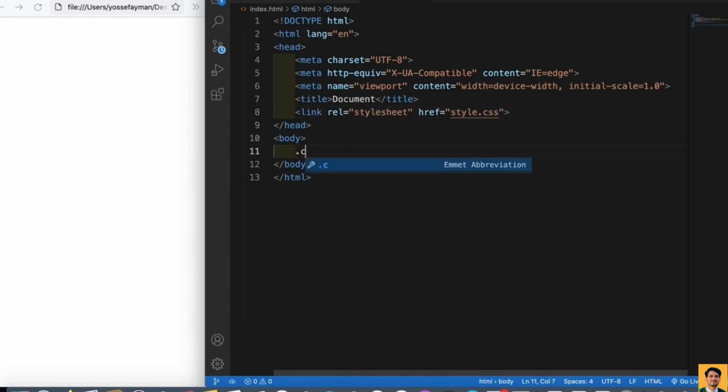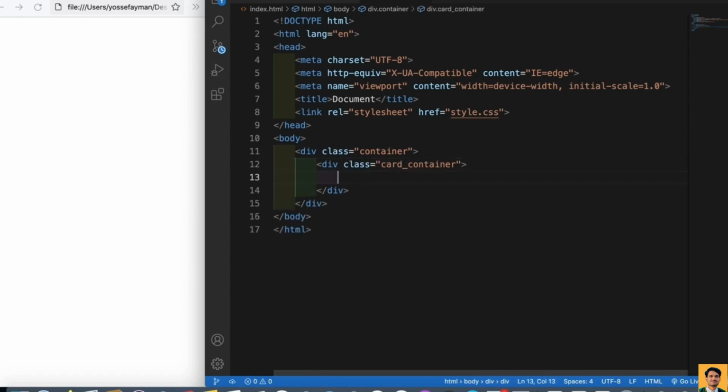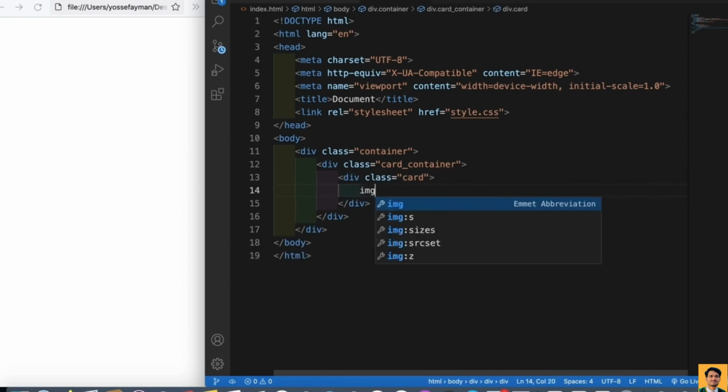And right here we will make the container. And inside the container we will make the card container. This one will contain the images, the background and the image. And here we will make card. And then right here we can make image with the source. The first one will be images,